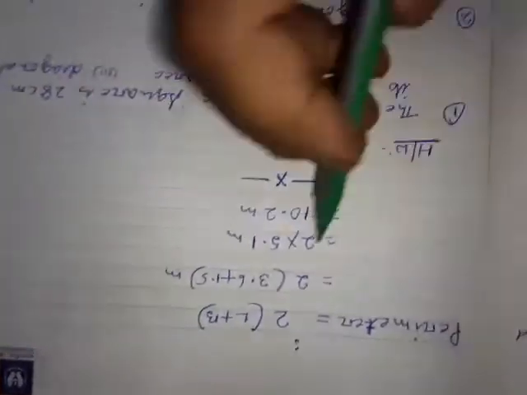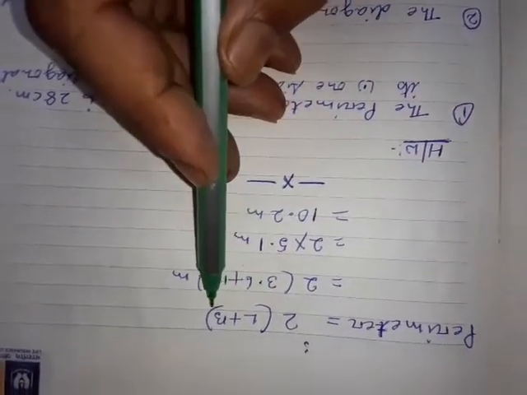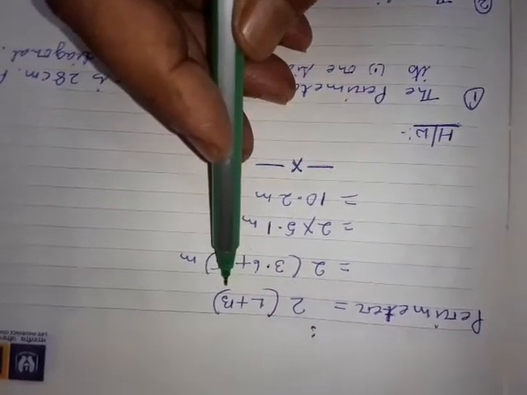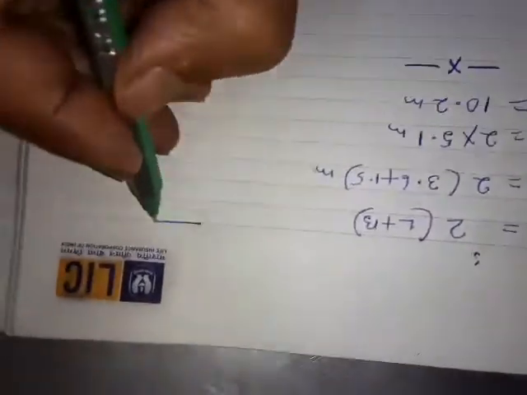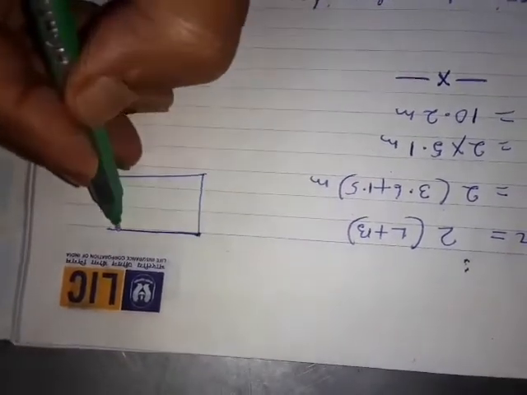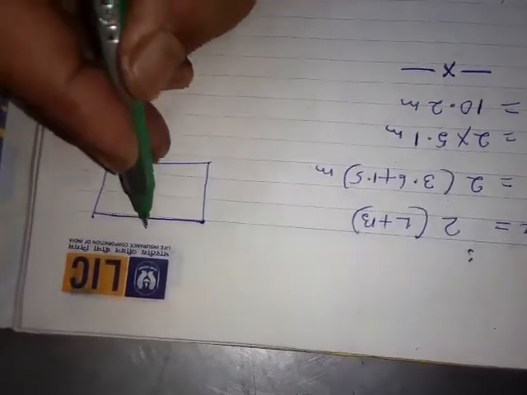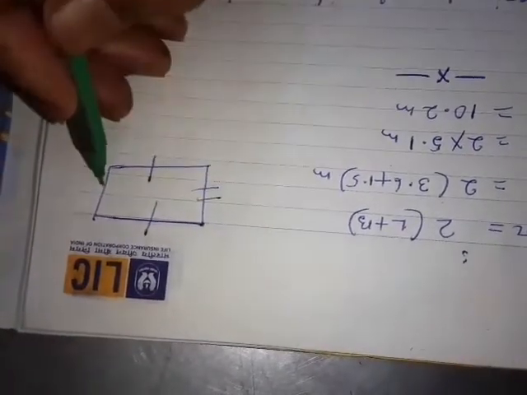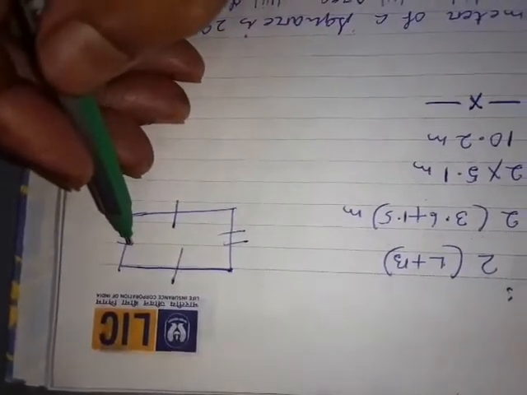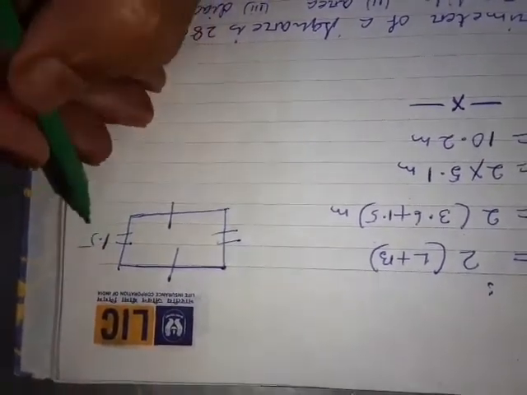Now that you know the length, the second question said find the perimeter. What is the perimeter of a rectangle? Perimeter of a rectangle equal to 2 into (L plus B). And I told you, if you forgot this formula, draw the rectangle, beta. Length was given in the question, yes or no? Draw this rectangle. Look, this side is equal to this one, and this side is equal to this one. Now what is given? Breadth was given, 1.5 meter.